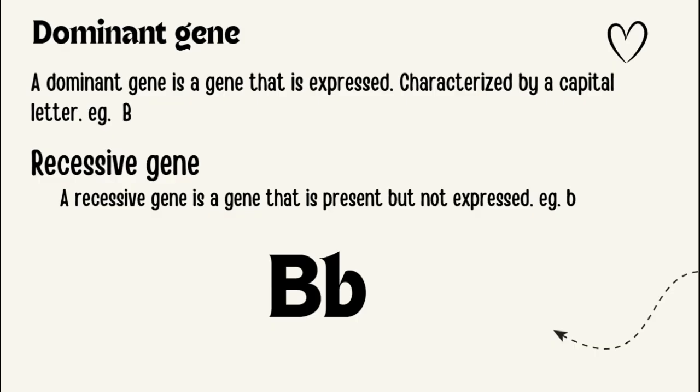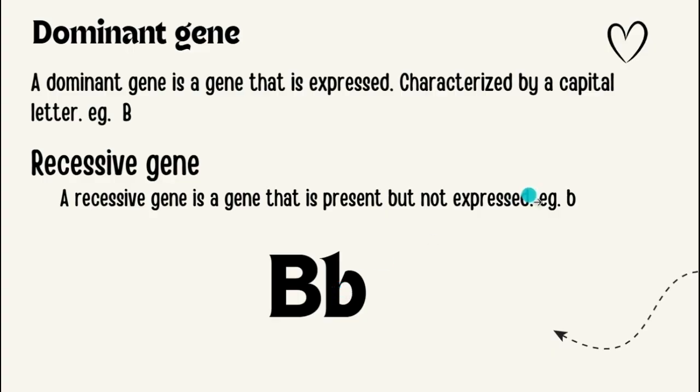Right, so let me just repeat again that a gene is a segment of DNA. We said that before. Now we have different types of genes. Basically we can have a dominant gene, and we can also have a recessive gene. A dominant gene would be a gene that is expressed, meaning that it shows up, right? And then the recessive gene would be one that is present but not expressed, right? So we say that the dominant gene is represented by a capital letter. In this case, we're going to use capital B. And then the recessive gene is represented by a lowercase letter, and in this case we're going to use a lowercase